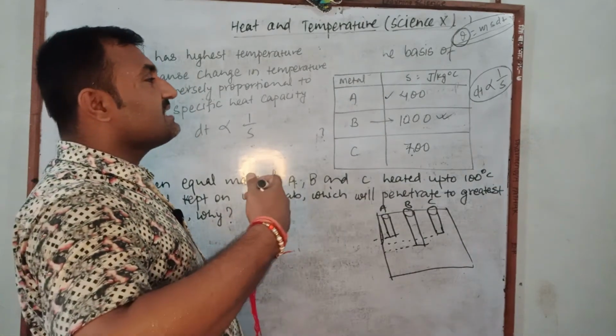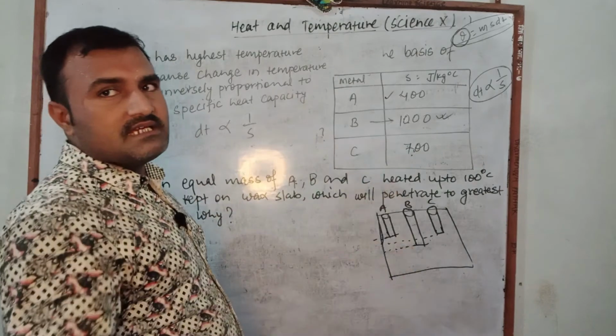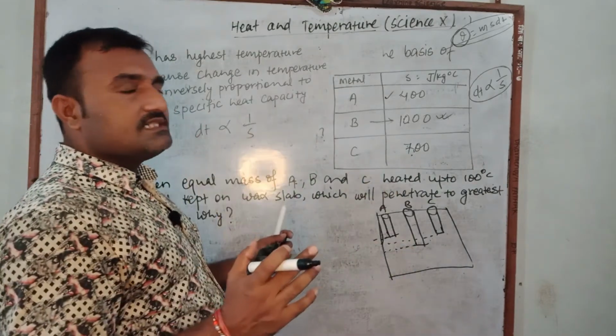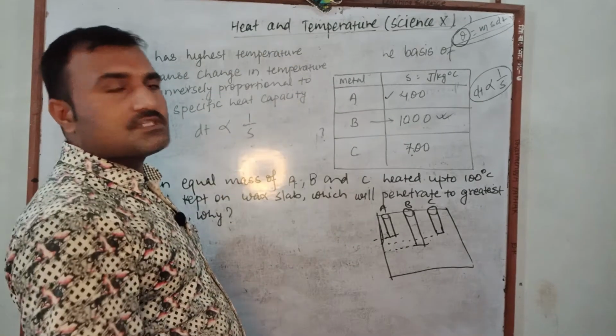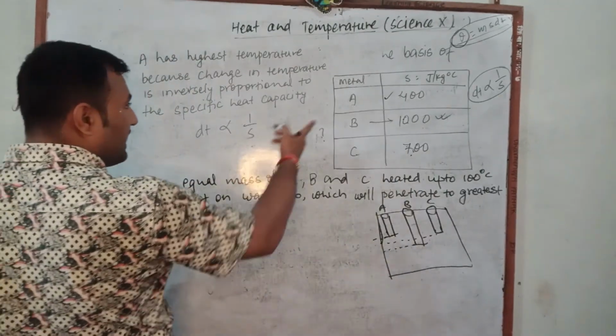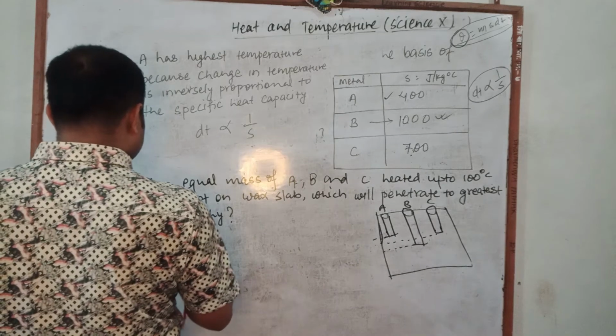When the specific heat capacity is higher, then more heat energy is released by it and more wax gets melted and it enters to greatest depth. And therefore here we write B